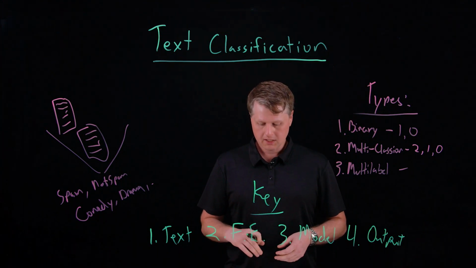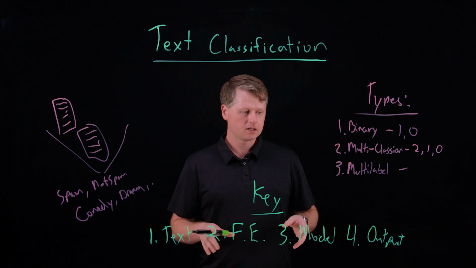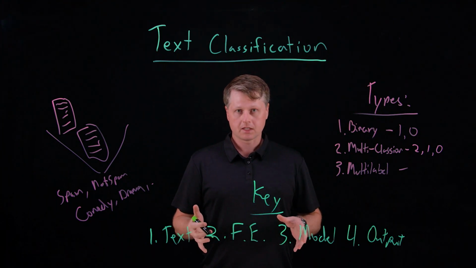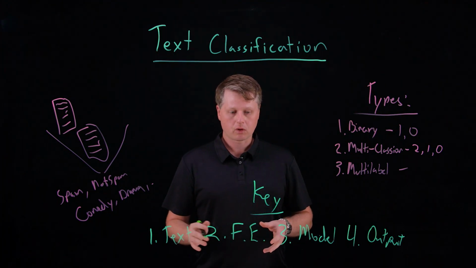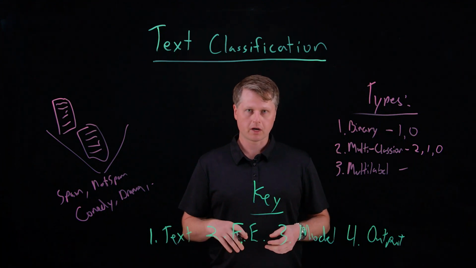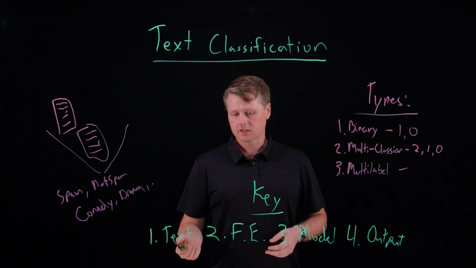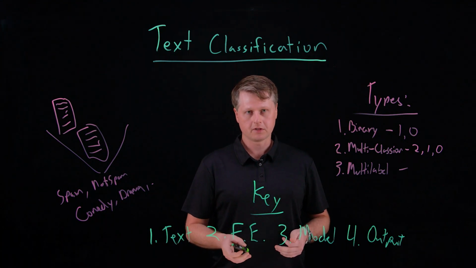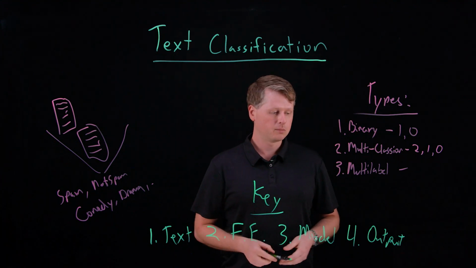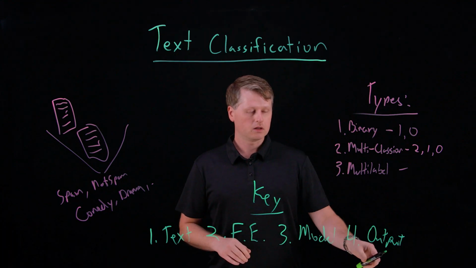So these 4 key techniques give you just an idea of what iterative steps are required in order to take the raw text, turn it into features, pass it through the model, and then get our labeled output. So what are real world applications of text classification?